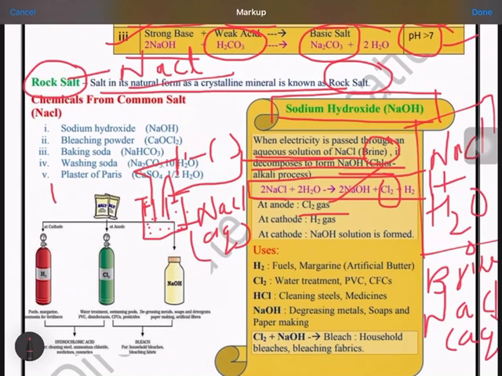Then write any two uses of hydrogen gas and hydrochloric acid. It is given in this. Hydrogen gas is used as fuel and artificial butter, and HCl is used for cleaning steel and in medicines. So these are the two uses of